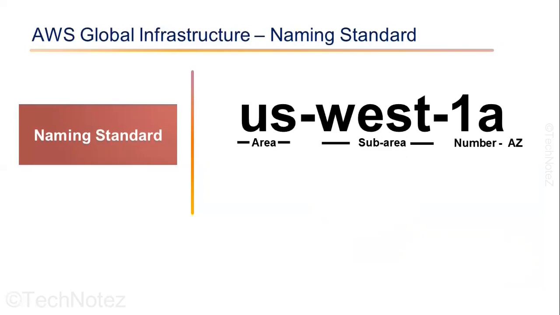We then have a number because we might have two different regions or more in a specific area. And this is the case. We have both US West 1, which is Northern California, and US West 2, which is Oregon. But we leave off the letter, that gives us the region name. So when we are talking about a region, we would say US West 1 as a region. But if you want the entire availability zone name, it would include everything from US West all the way to